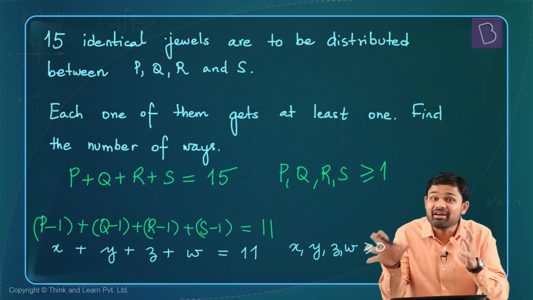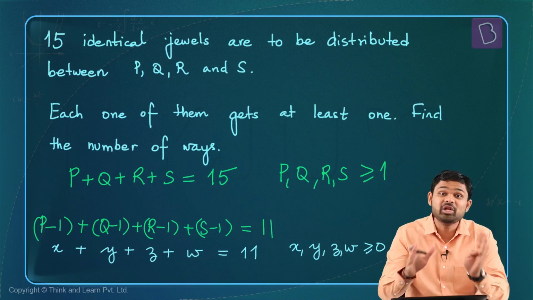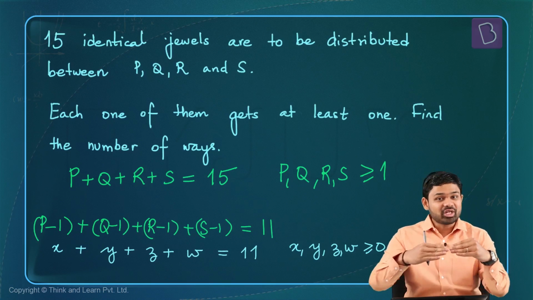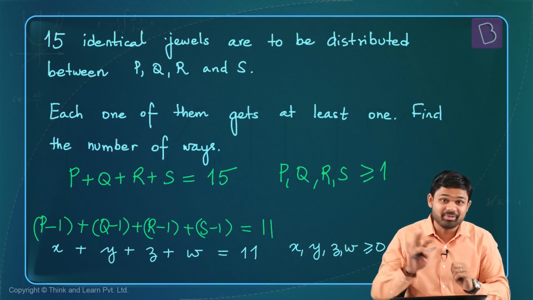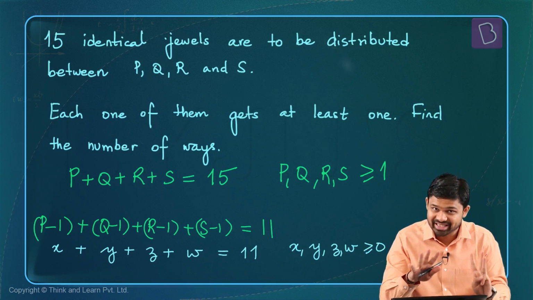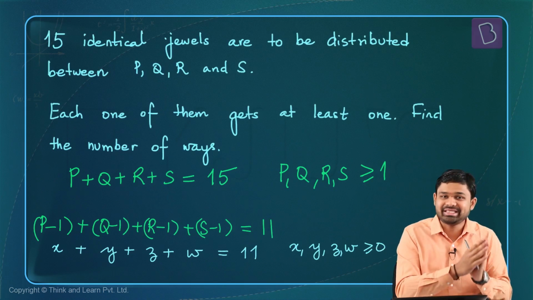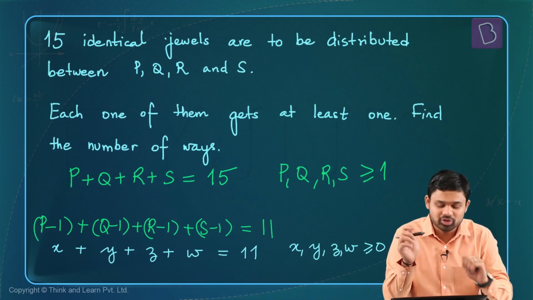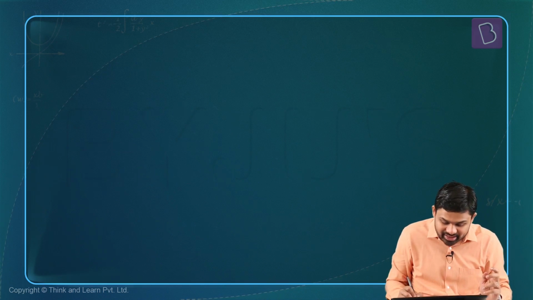I need 11 balls and I need to divide them into 4 groups, so I need a total of 3 sticks. So now a total of 14 positions are available because I have 11 balls and 3 sticks, and I have to put these 3 sticks to group them into 4 groups, and the number of ways in which I can put those 3 sticks is nothing but